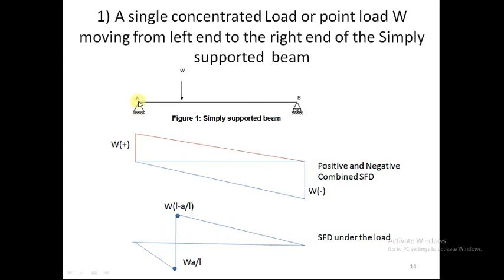When the load is placed at A, the reaction at A is going to be equal to the magnitude of the load. As the load moves towards B, the reaction at A will go on decreasing. On the other hand, when the load reaches B, the reaction at B is going to be equal to W again. As the load is approaching B, the reaction at B is going to be less, which you can see from this diagram. So the maximum negative shear force or reaction will be at B, and the maximum positive shear force or reaction will be at A.